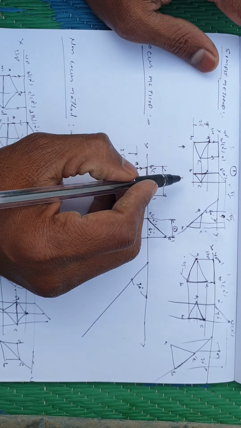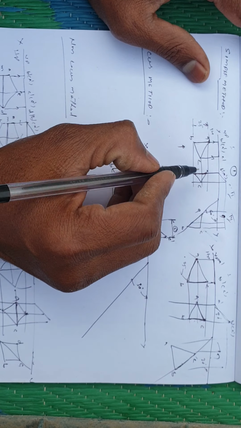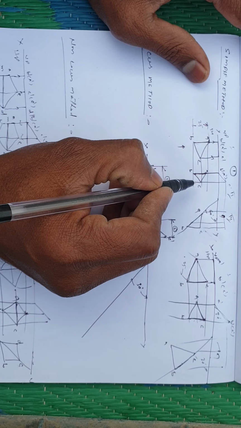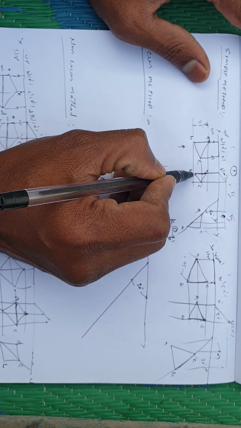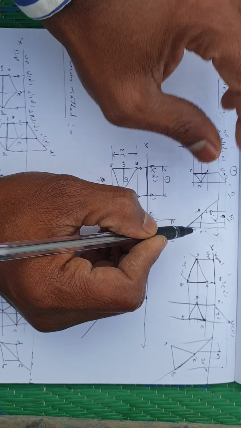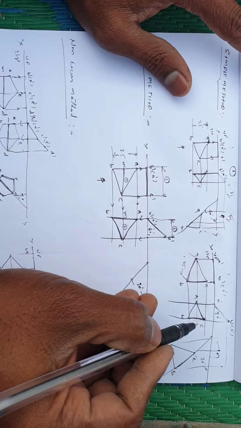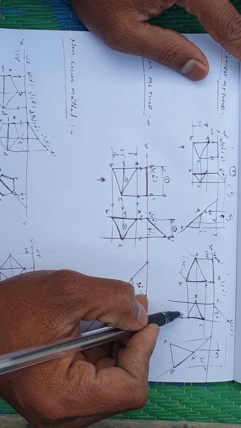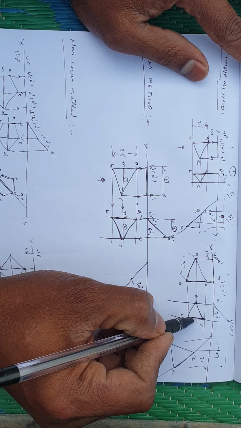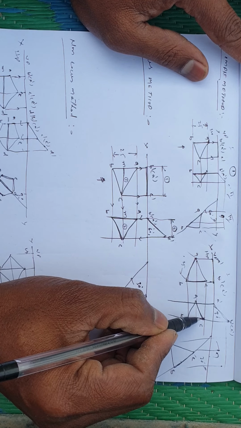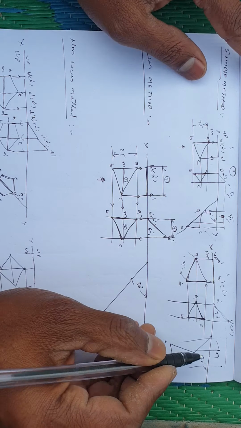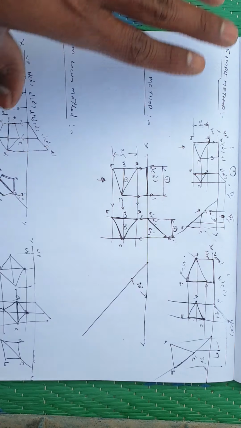A condition was also given in this problem: the H on which it rests is inclined to VP. It means the given lamina is resting by edge AB, and that resting edge AB should exactly coincide with the given VP line. In another problem, a condition was given: the side opposite to the corner on which it rests. It means this side is perpendicular, and this side should exactly coincide with the given VP line. This is the simple method.